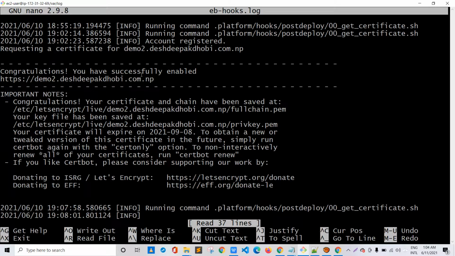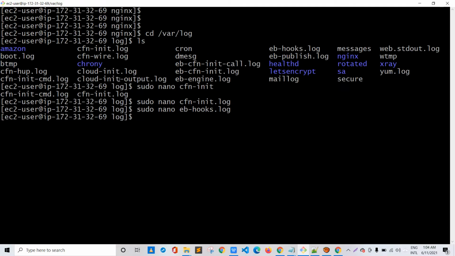This simply means that we have just successfully implemented the SSL certificate. So if you cannot see the SSL certificate installed onto your server or into your domain, then you can check these specific logs and find out the reason behind it. So yes, and another one is sudo nano eb-nginx logs.